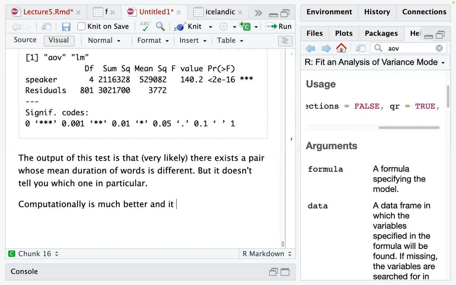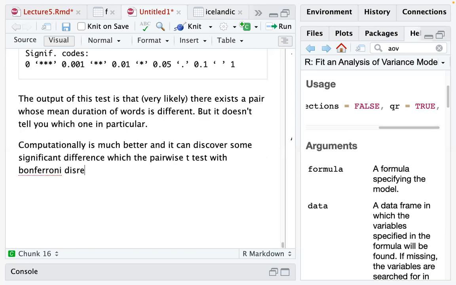It's not many tests, so it can discover some significant difference which the pairwise t-test with Bonferroni disregards. Okay, so this is